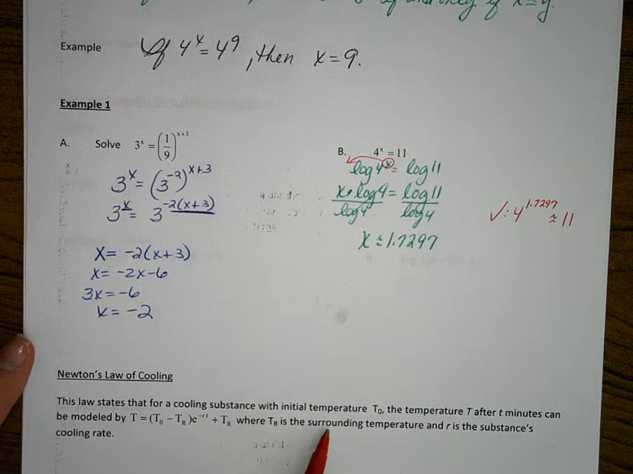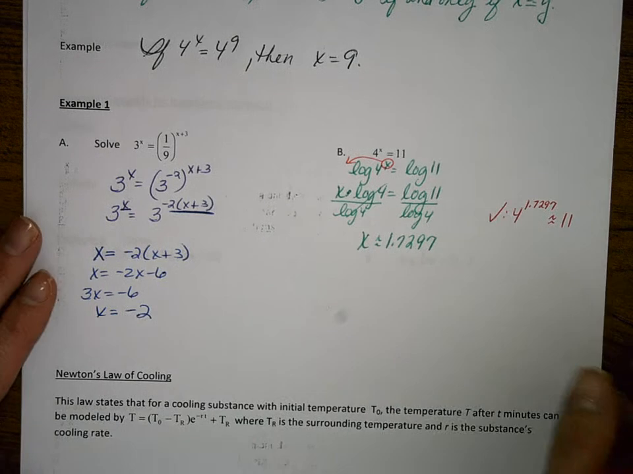Where T sub R is the surrounding temperature, the temperature in the room around what's going on, and R is the substance's cooling rate. Every substance cools at a different rate. Okay, so